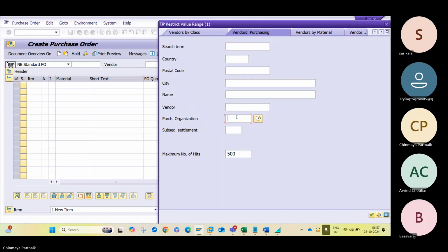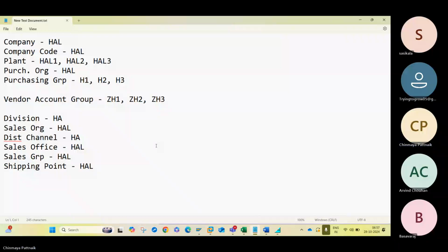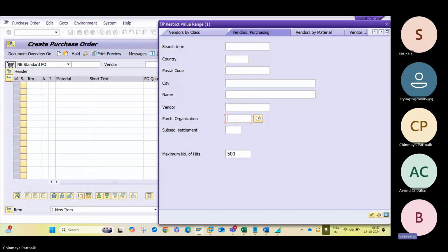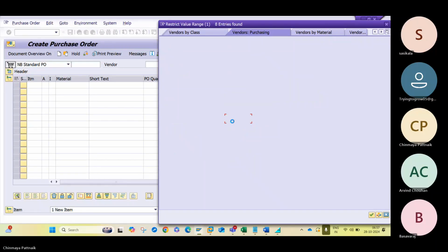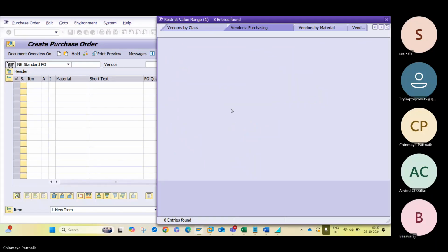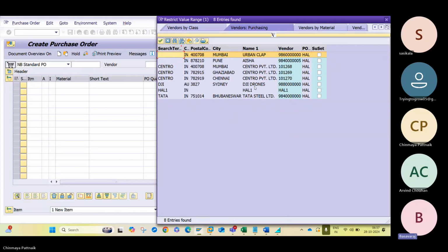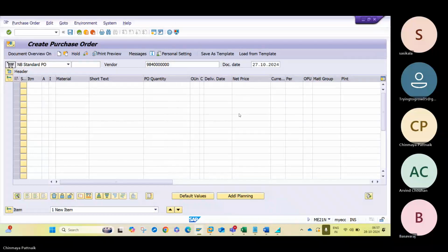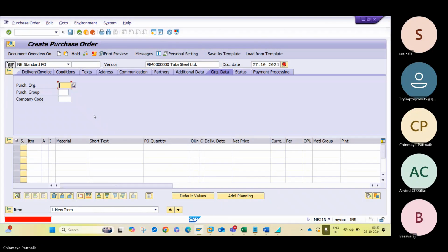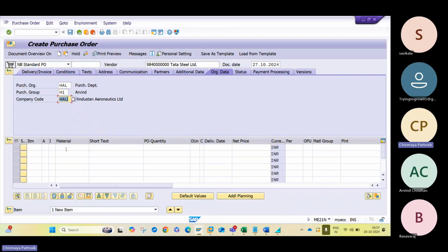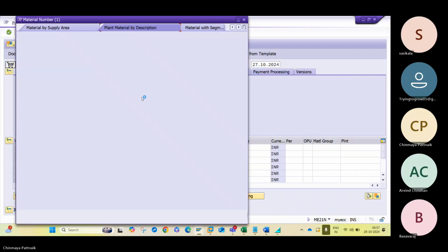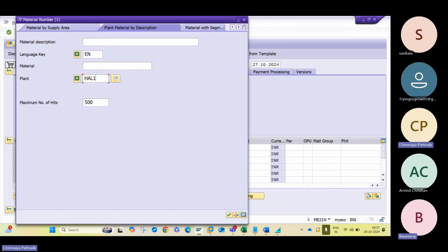Okay, what is our purchasing organization? Is it alone? Purchasing organization, purchasing group. We have to remember what purchasing groups we consider. Those purchasing groups only you have to enter in the release strategy. Material, HL1,